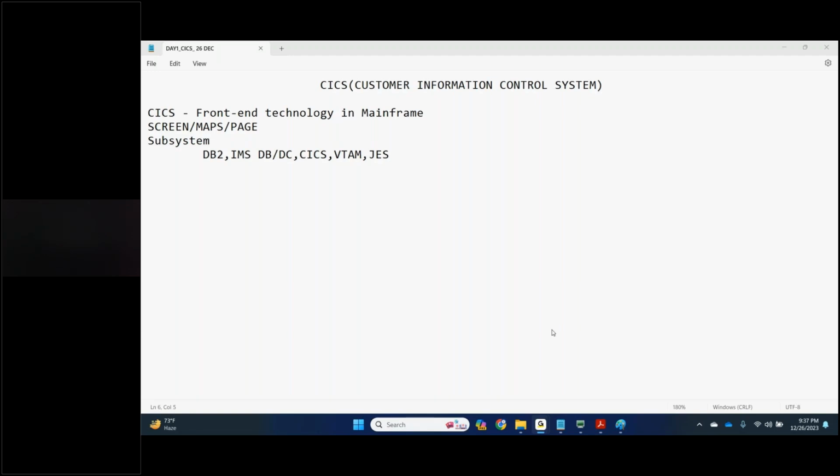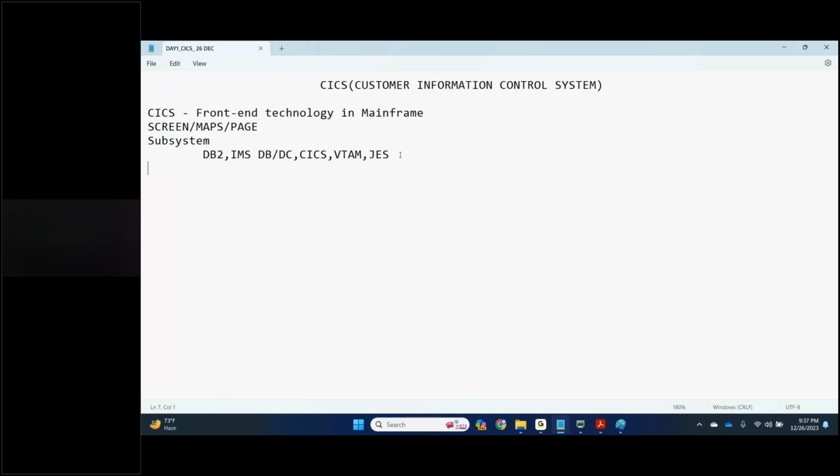One is, when you take the license for z/OS, you will not get all of them free of cost. The things which you purchase and install run in their own address space. I hope you are clear on what I said. So now CICS is a subsystem. We have to take a license, the admin should install it, and then we are good to use CICS. IMS DB or DC is also a subsystem, right?